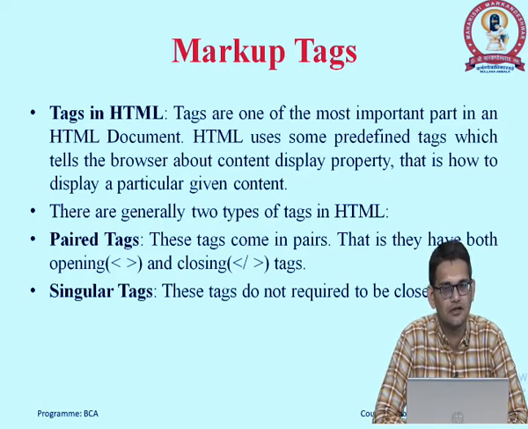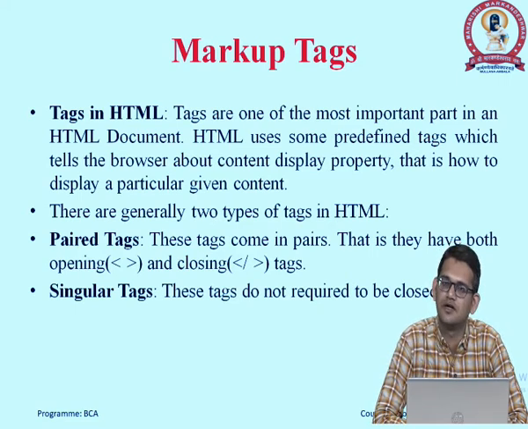It is clear that we can use different tags to display different information. Like we can use the paragraph tag to display a paragraph, we can use the heading tag to display a heading, we can use the div tag to provide divisions, and we can use the image tag to add images.